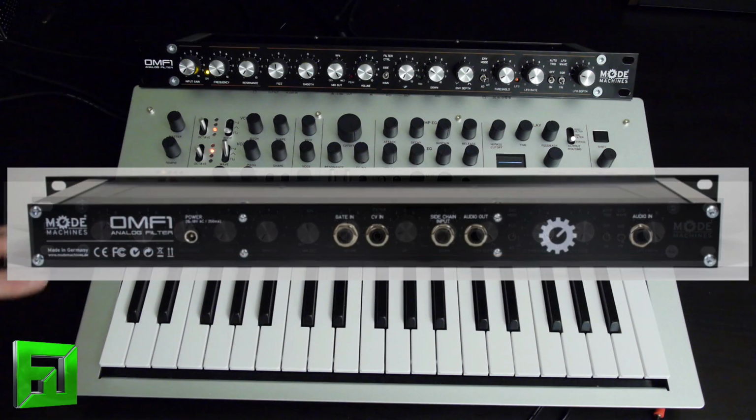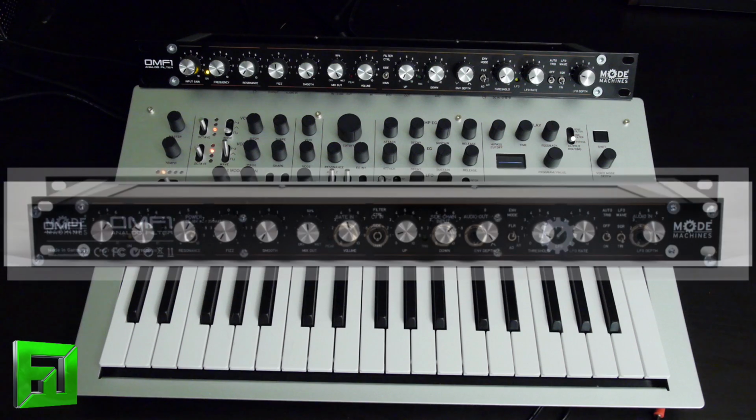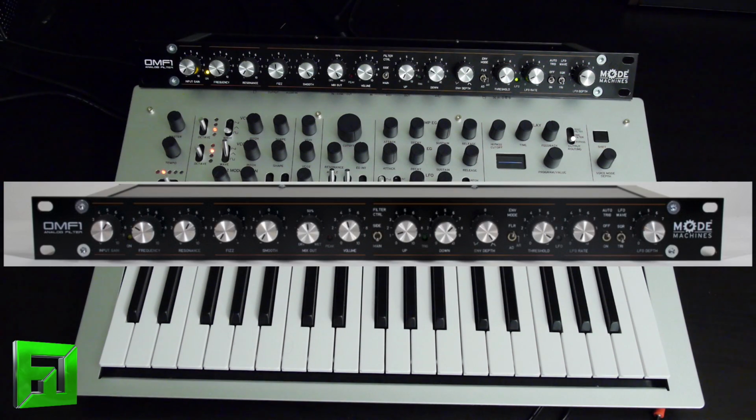Around back, we also have CV input for our filter, and we also have gate input, so we can use this thing with a modular. We can send it sources from things like a TB303, Rhythm Wolf, Minilog, whatever you want. You can send it gate sources and CV sources to control the filter as well. You've got a threshold to set just exactly how hard you want it to get hit